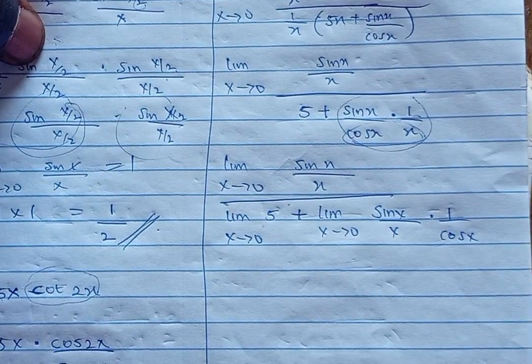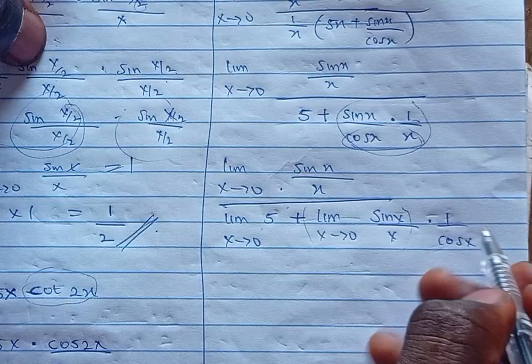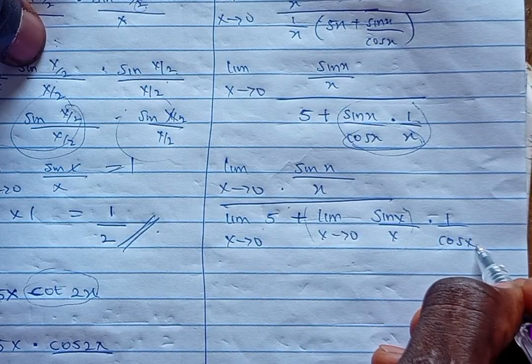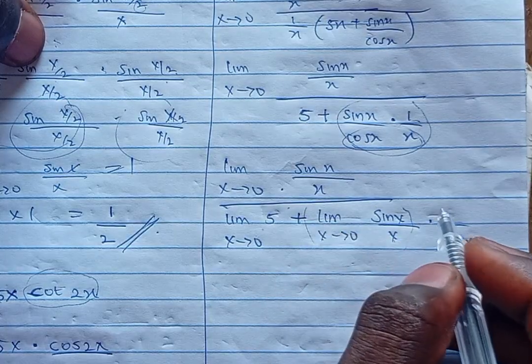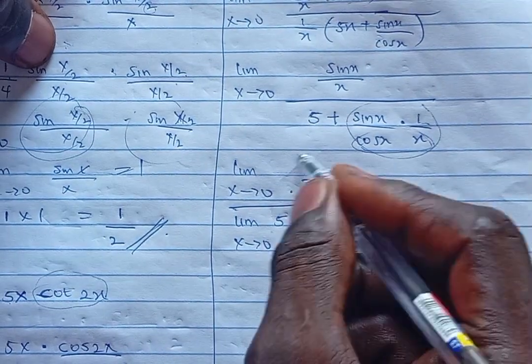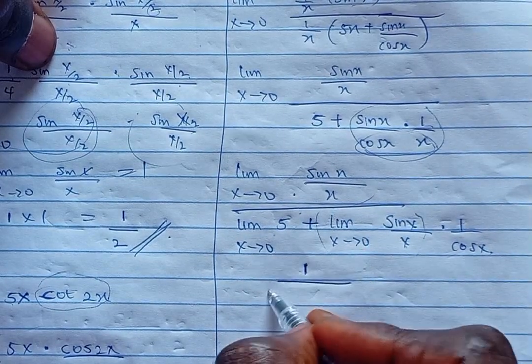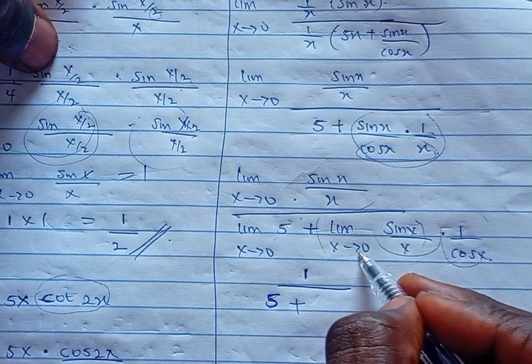Okay, now this one is a standard limit, this one is a standard limit, so which is 1, and as x tends to 0 of this one also is 1. Do you get what I'm saying? As x tends to 0 of that one too is also 1. So I have that this one is 1 over 5, right, is a constant, plus this one is 1, this one is 1,